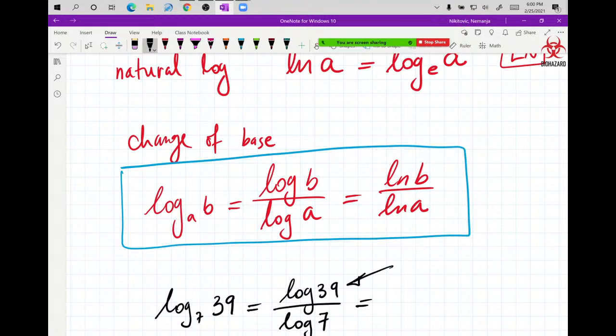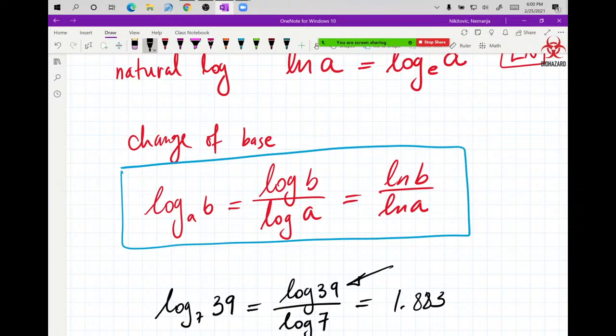When you push the log button in your calculator, it opens the parenthesis. Then you put 39 in it, and then you have to close the parenthesis. Calculator doesn't know when to close it. It will close it when you say so. So log of 39, close the parenthesis, divide that by another log of 7, close the parenthesis, and you should have